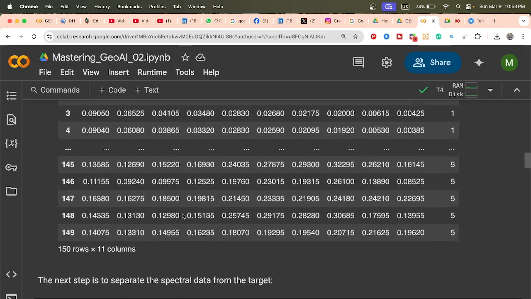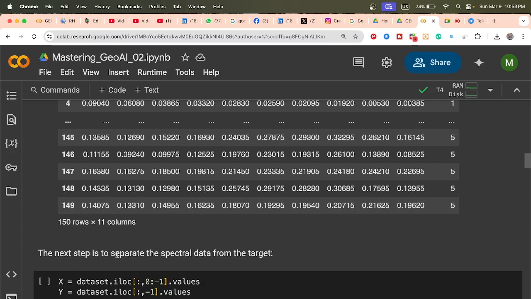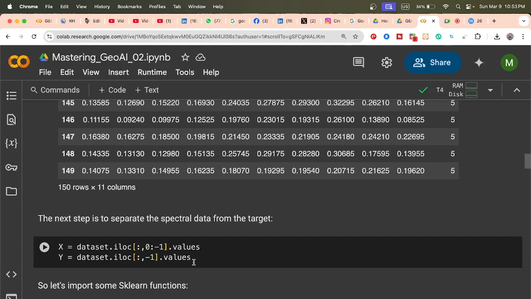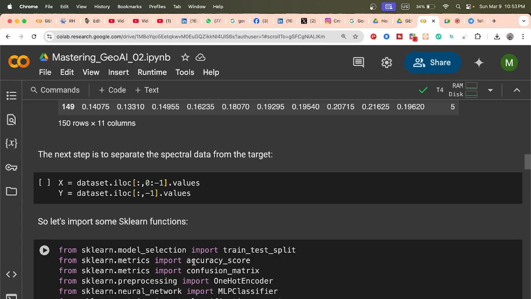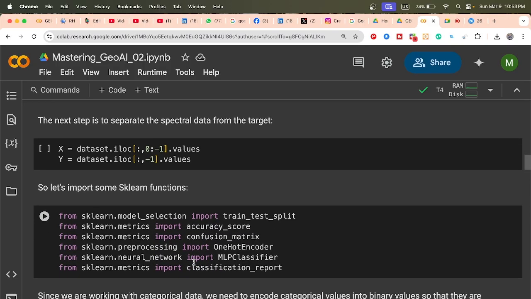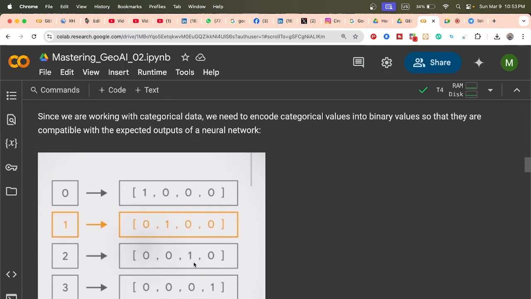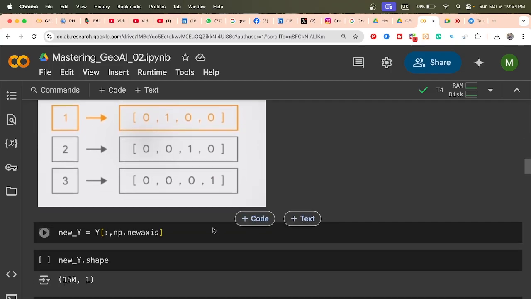Okay, sir. So here you can see we find that the next step we need is the spectral data for the target. Then we apply machine learning, mainly we call sklearn. So from sklearn.model_selection we import train_test_split, and also accuracy score or confusion matrix. Different types of MLPClassifier, classification report. So this type of thing we simply import. It helps you create this machine learning or artificial neural network using these functions. Here we also explain how this neural network works. And finally we check